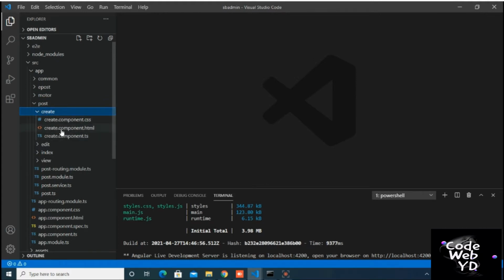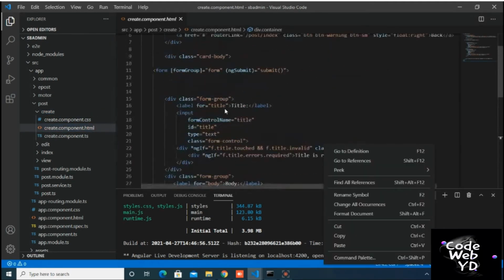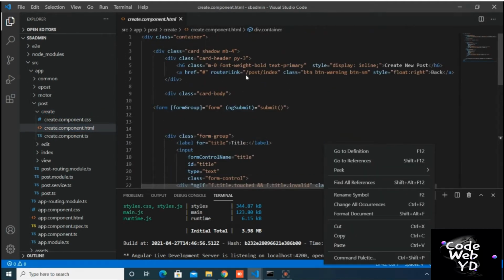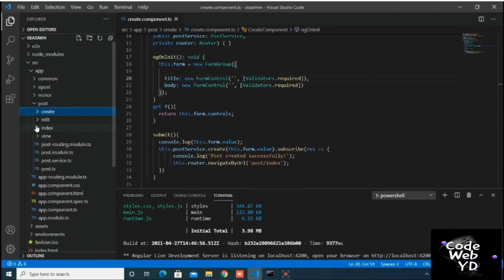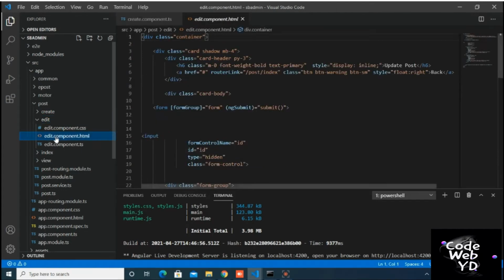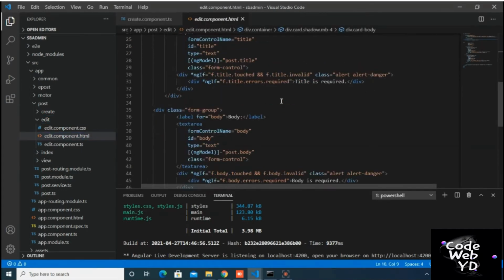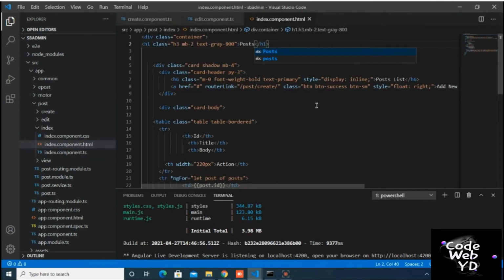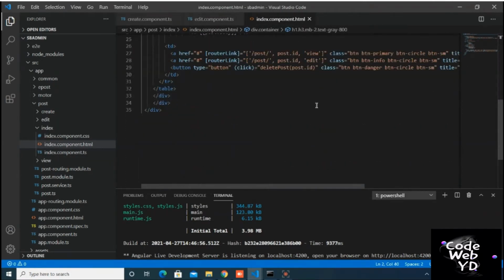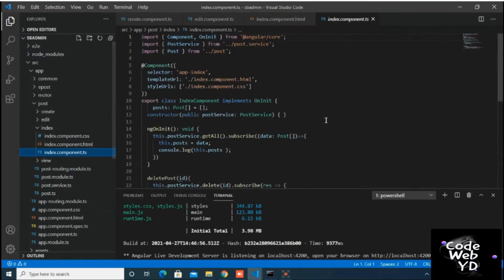So, in every folder we have 3 files: HTML file, CSS file and component.ts file. So in HTML file, router link is added and HTML is generated. In component.ts file, all the services are already integrated.